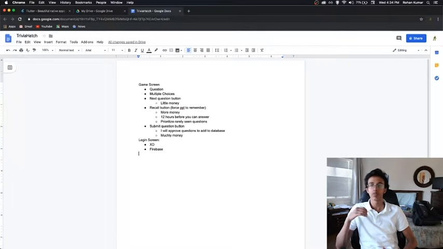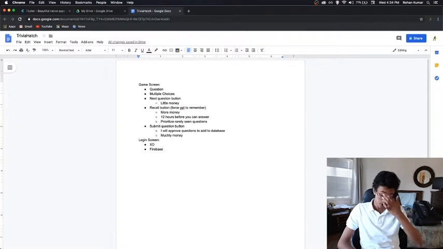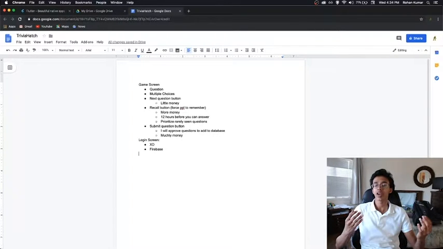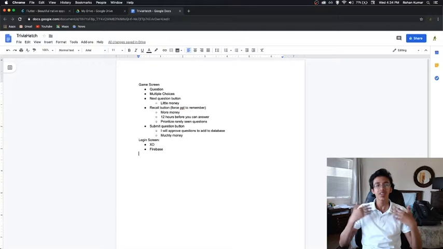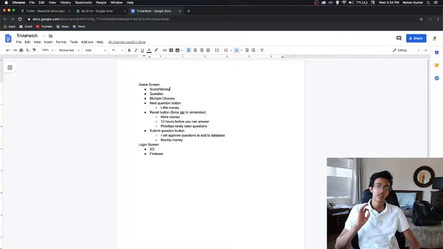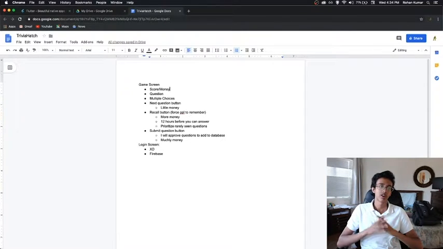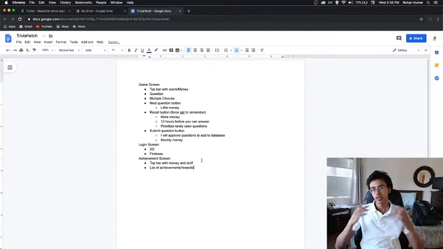I think that we should not worry about monsters for now. Let's just focus on doing the main functionality of the game, and then we can add monsters later if we're feeling so inclined. Oh wait, on the game screen we also have to see how much money we have. What's the point of earning money if you can't see how much you have, right? Well, okay, there should for sure be an achievement screen regardless of whether we're doing monsters or not, so let's do that. So nice. This is our basic game.